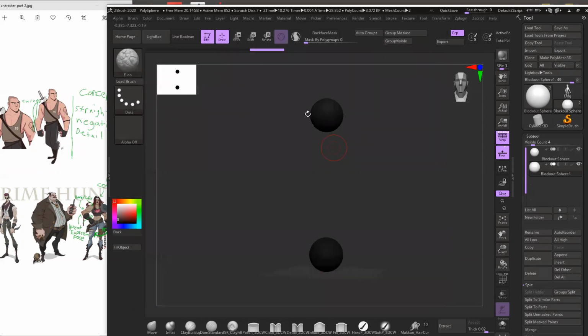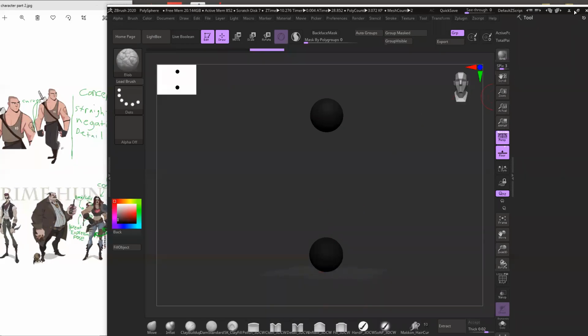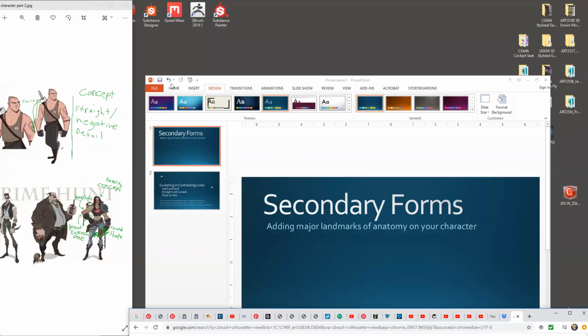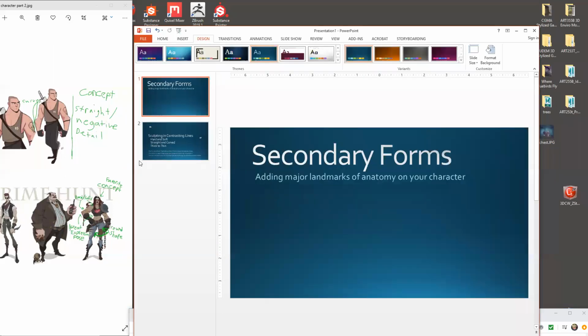I need to find the hotkey to get back to that, but that's one thing I think you could do is just hit C. Save your stuff and then reload it. So I'm going to just get out of that. All right, so